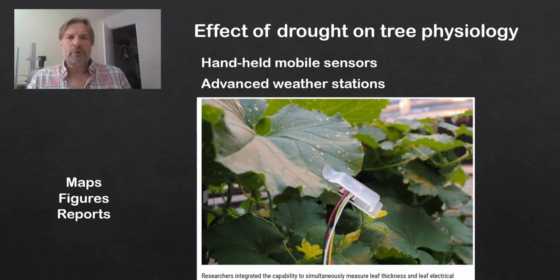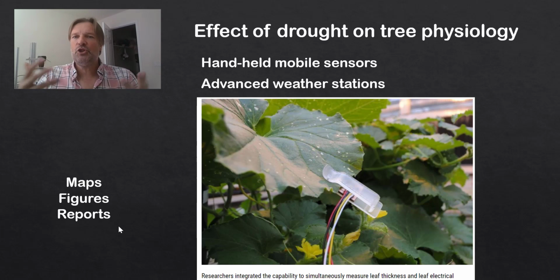You can go even further. You can have these clip-on sensors that can be together in a grid, and you can maybe have them connected to advanced weather stations. You can use this kind of technology to generate maps and figures and reports and really show your client that you are serious about drought management,